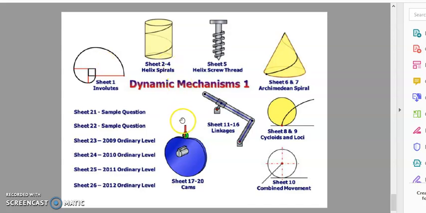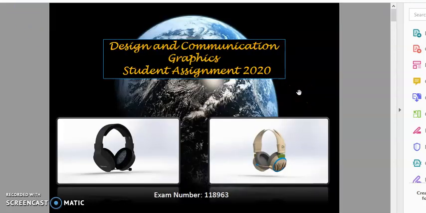We teach it from scratch. So even if you don't feel quite capable on a computer, you will be taught the exact same as everybody else from the start of 5th year. You'll be given an introductory course into the use of SolidWorks and how the project is actually put together. So I suppose the easiest way to give you an introduction is to briefly talk you through a sample assignment